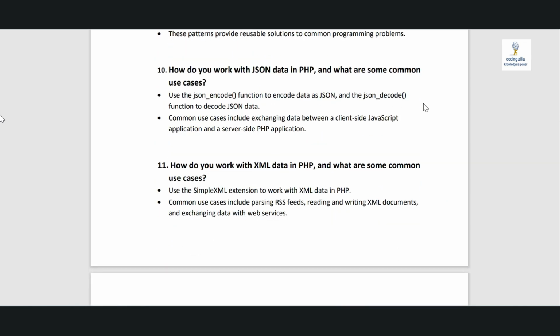And next one is, how do you work with JSON data in PHP, and what are some common use cases? So use the json_encode function to encode data as JSON, and the json_decode function to decode JSON data. Okay, and common use cases include exchanging data between a client-side JavaScript application and a server-side